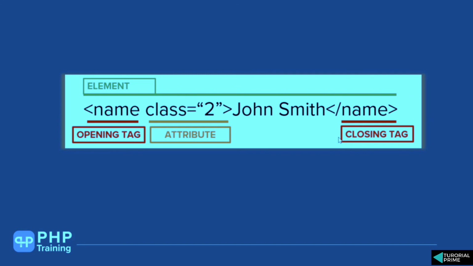Here you're trying to define a real-time example. You're trying to define a person's name as John Smith, and also you're adding some properties to it, saying John Smith is in second class. If you have to define this, you write something like this. You open and close with the opening and the closing tag. You define some attributes to tell more about that person. Element is nothing but the opening and the closing tag with the content. So this is the definition of tag, element and attribute.